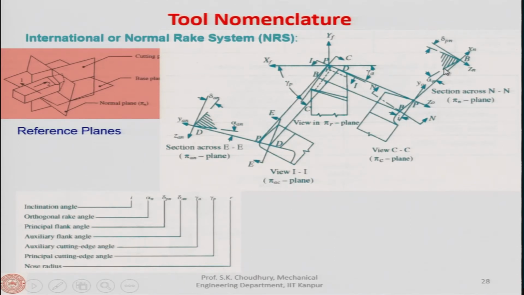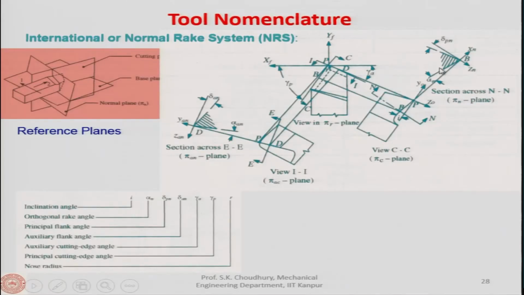As I said, just try to imagine that this is the cutting edge. So, the rake face is not visible, it is inclined, either it is inclined like this or it is inclined more or it is inclined like this, it is not visible, but the cutting edge is visible. If you take the perpendicular to that, then only this inclination will be visible, you understand that. So, this inclination we are saying is the inclination of the rake face in here and in here. So, they are different, the inclinations are different. Therefore,